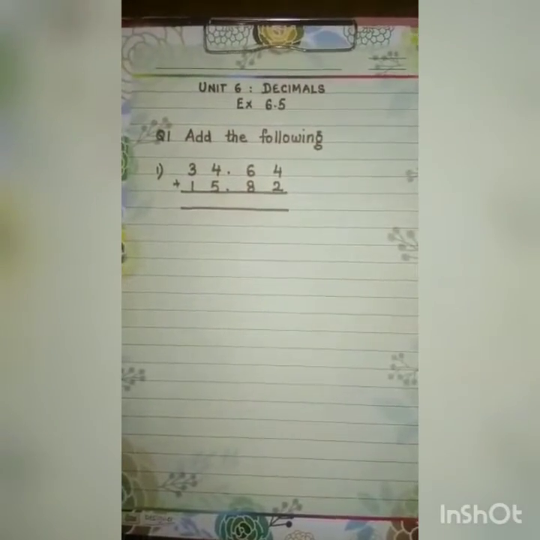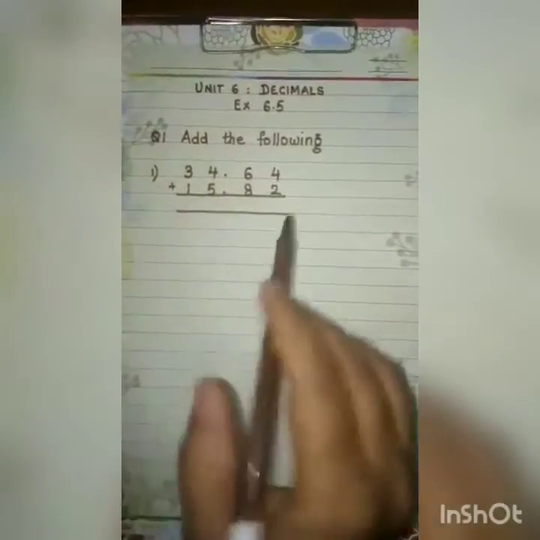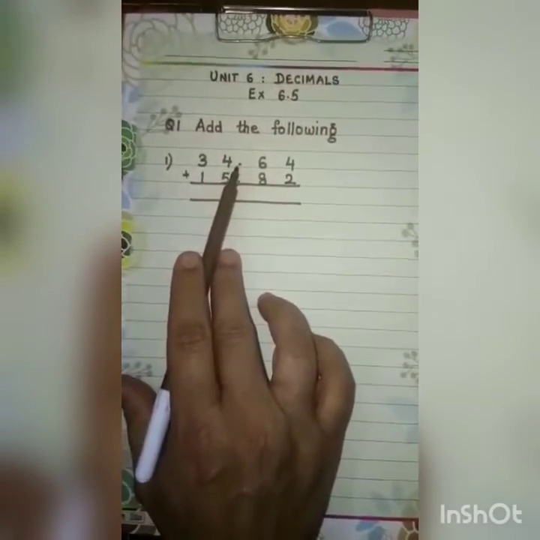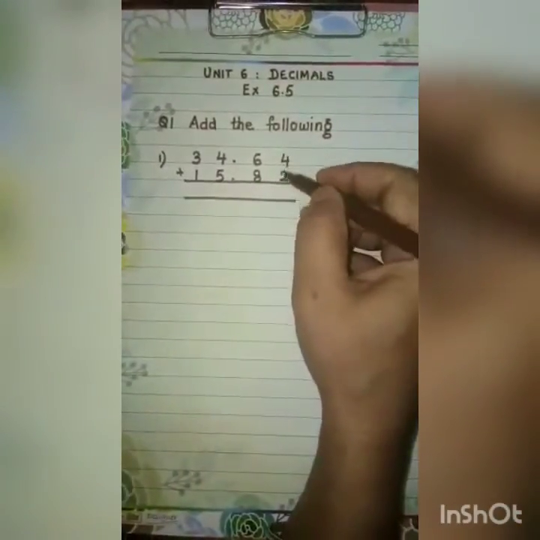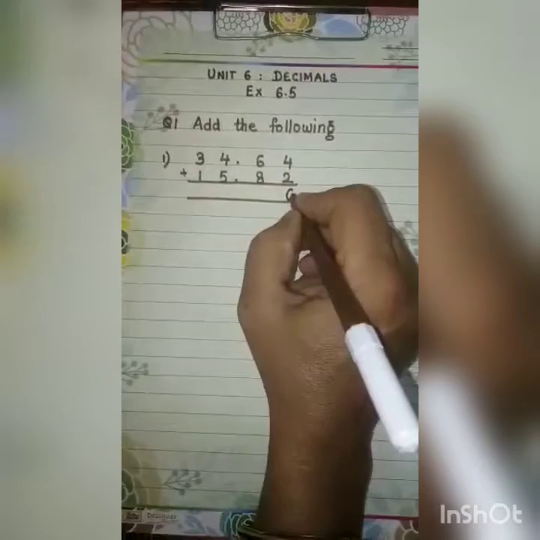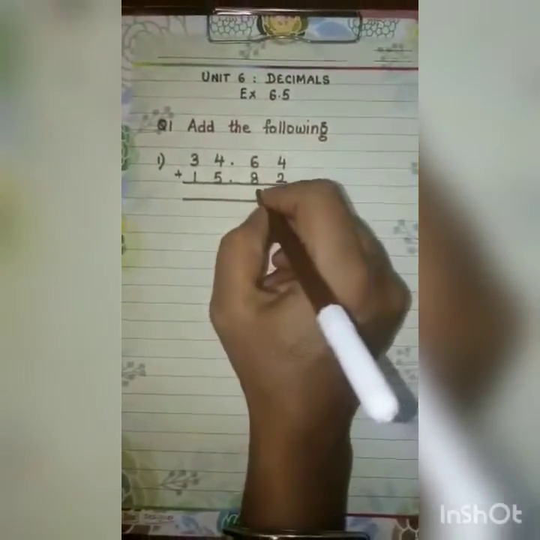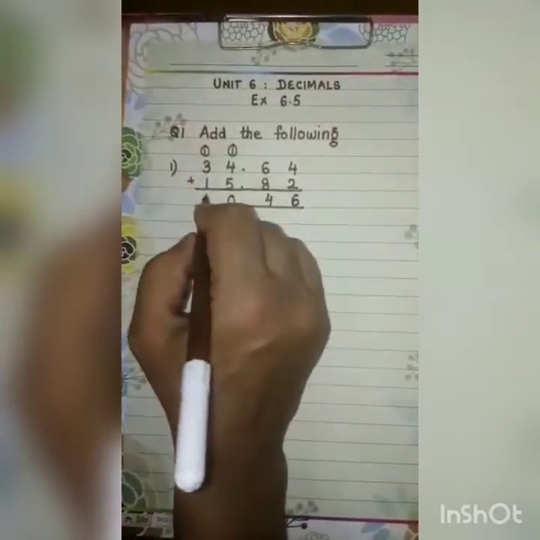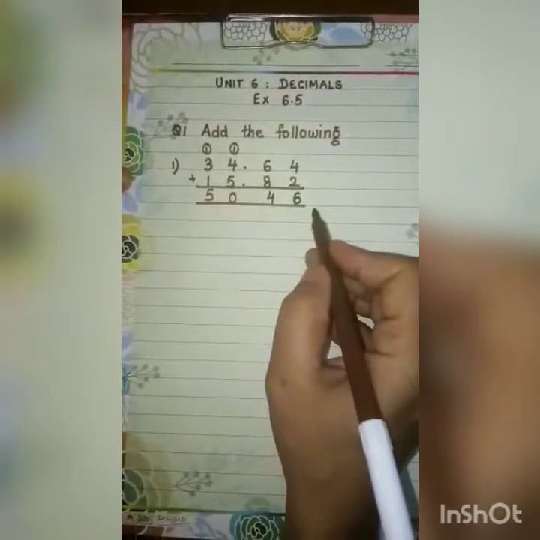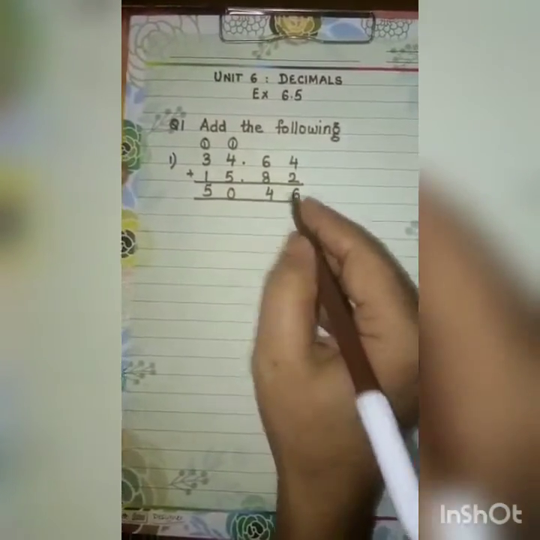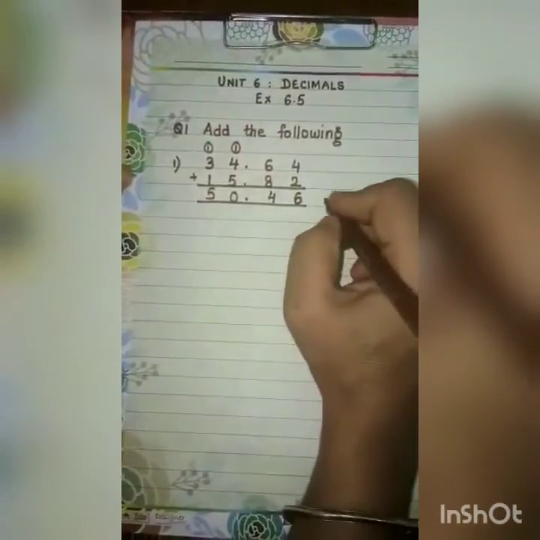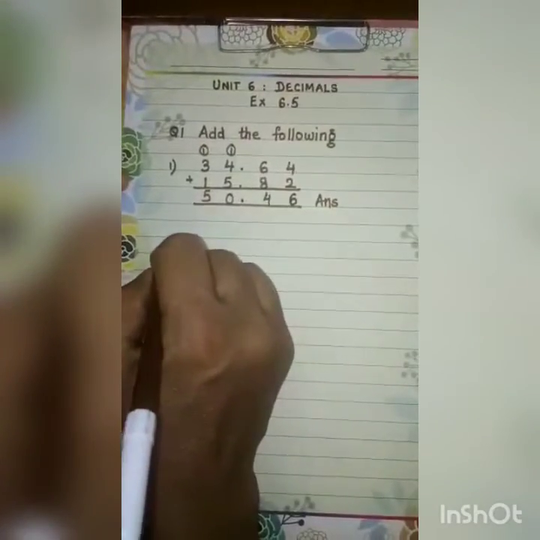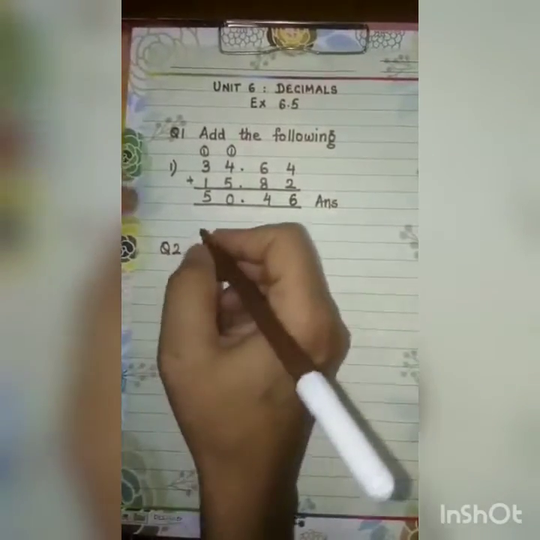Today we are going to do addition of decimal numbers. Here you can see two numbers have been given and we have a decimal between it. Now when we are adding, it is just like the simple addition that we do. 4 plus 2 is 6, 6 plus 8, 14, 1 carried, and you can get the answer. It is 50.46, but then there is something missing in it. You haven't put the decimal. So whenever you are doing addition of decimal numbers, if you have not put the decimal, the answer is incomplete.